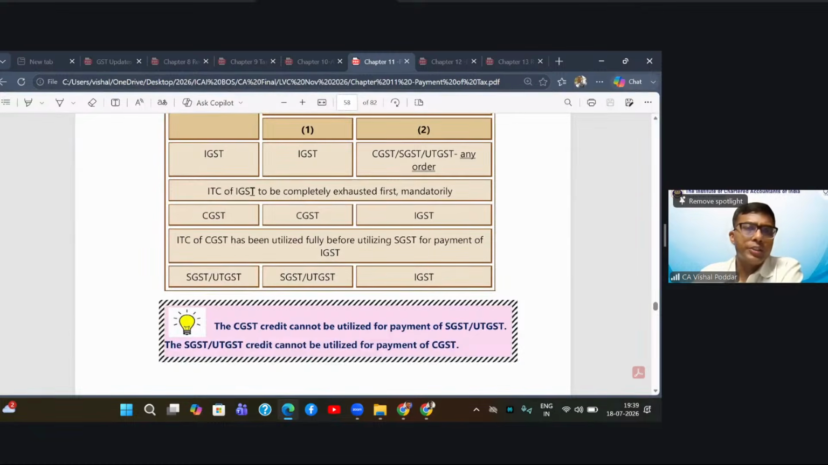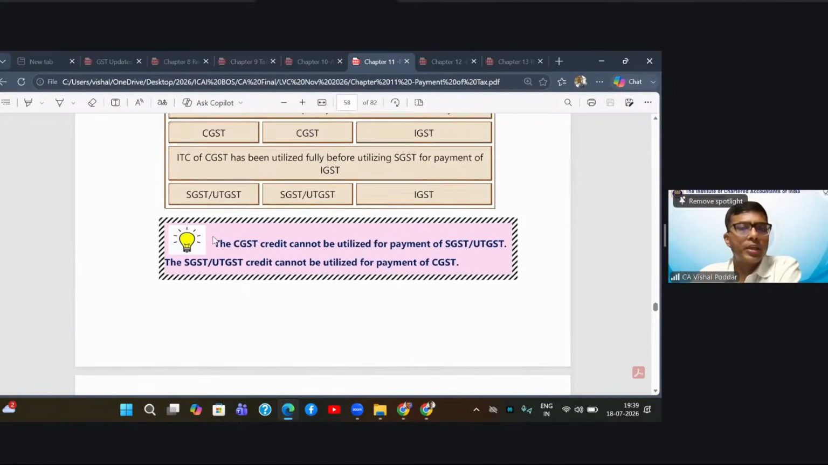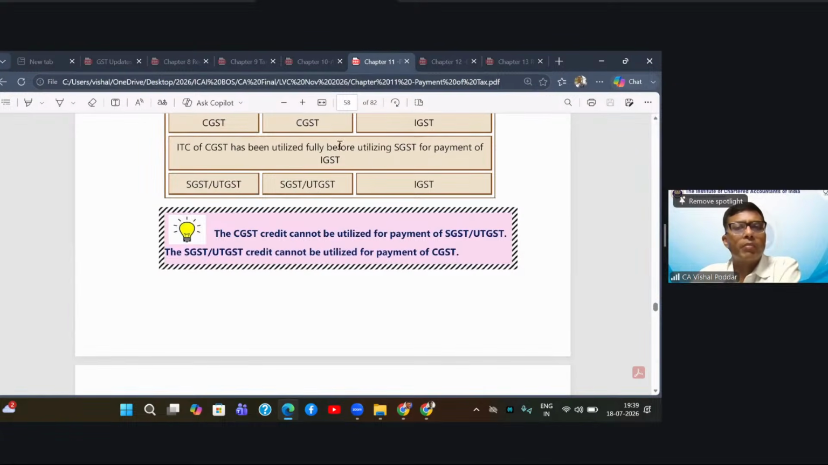Once your IGST ITC is completely used up, then you have to go to CGST credit, use it for payment of CGST liability, and then payment of IGST liability. Once CGST credit has been fully utilized, then you can go to SGST credit, utilize it for SGST liability, and if required, against IGST liability. Most important, the CGST credit cannot be utilized for payment of SGST,